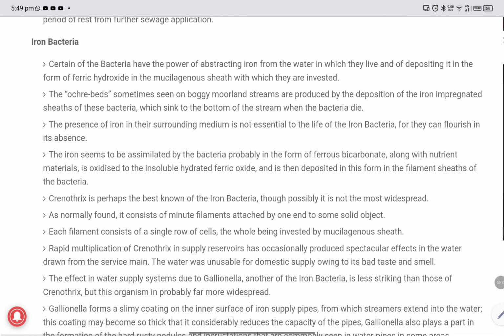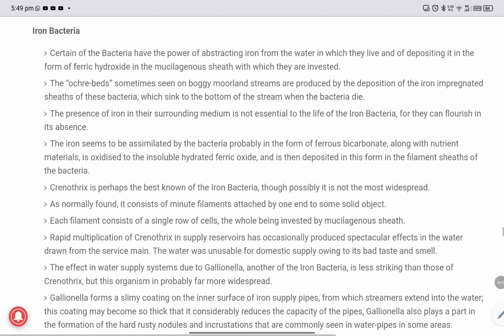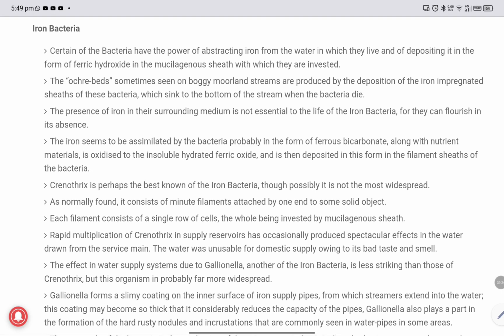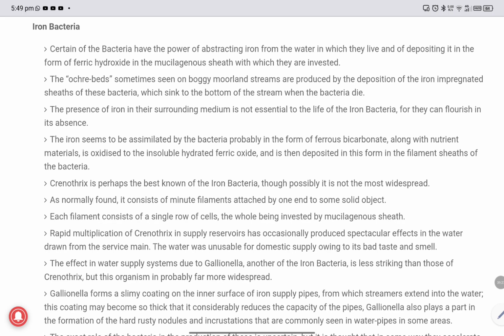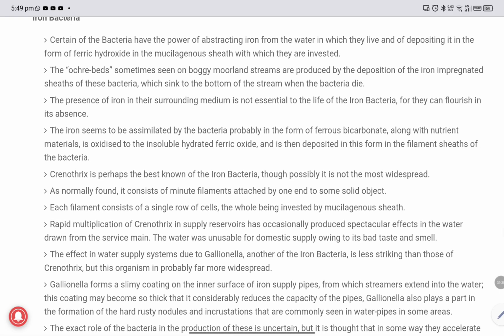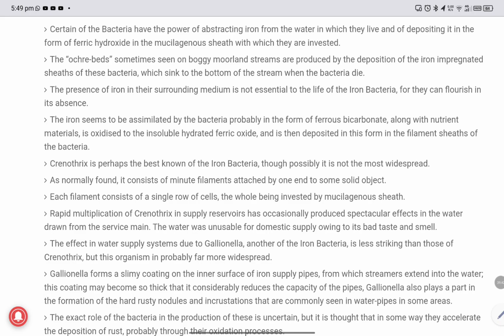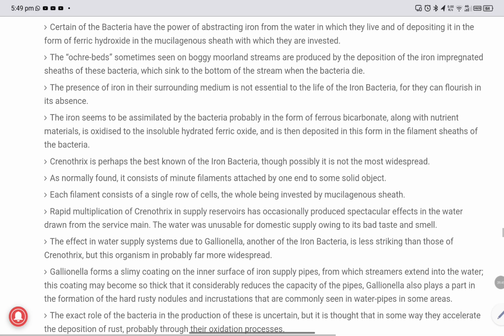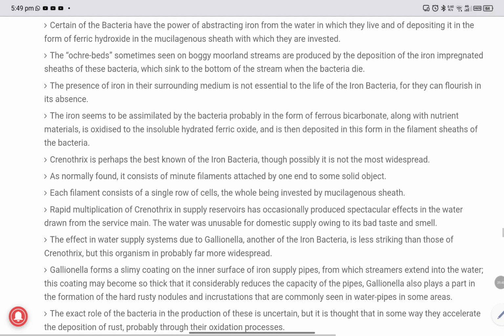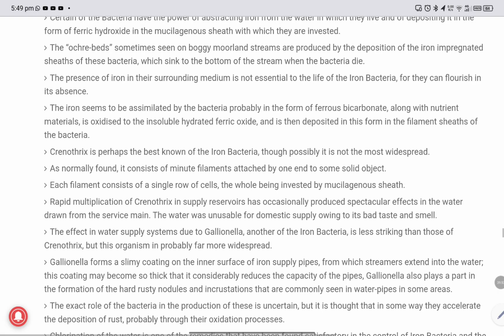Iron bacteria. Certain of the bacteria have the power of extracting iron from the water in which they live and of depositing it in the form of ferric hydroxide in the mucilaginous sheath with which they are invested. The ochre beds, sometimes seen on boggy moorland streams, are produced by the deposition of the iron impregnated sheaths of these bacteria, which sink to the bottom of the stream